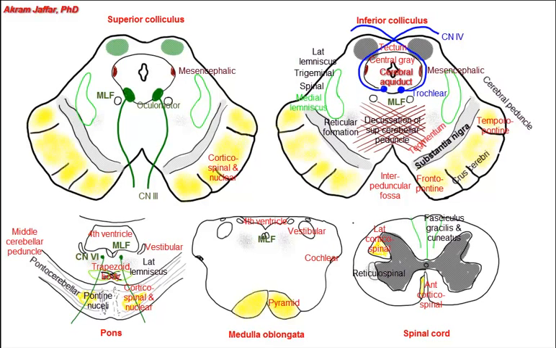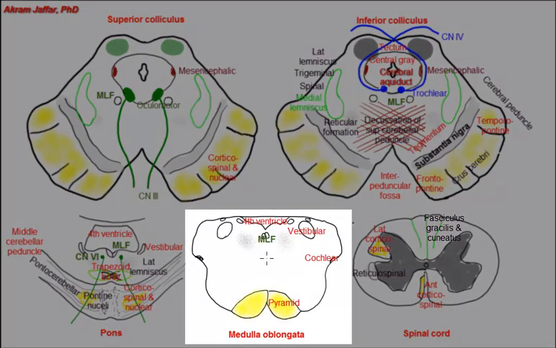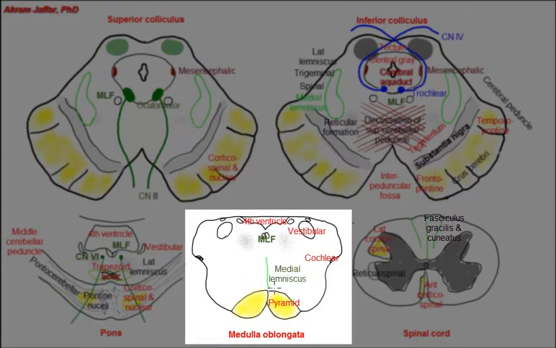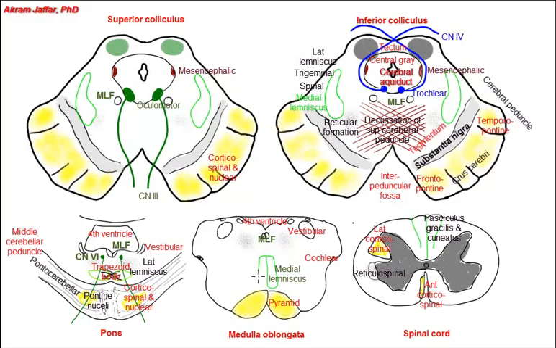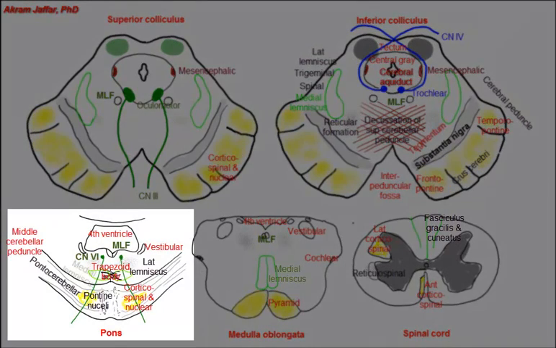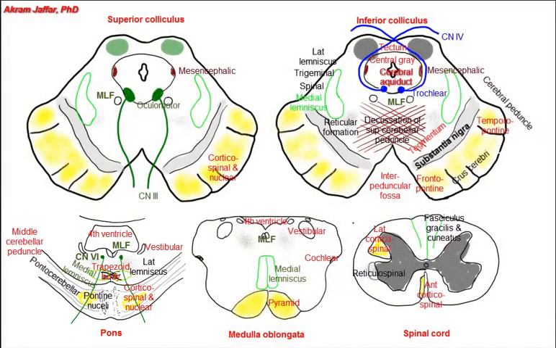The fibers will relay in the cuneate and gracile nuclei in the lower part of the medulla, and then fibers of second order neuron from the nucleus gracilis and the nucleus cuneatus cross the midline and ascend up as the medial lemniscus. So this is the medial lemniscus at the level of the medulla oblongata. And then the medial lemniscus rotates at the level of the pons, and we can see it here. The medial lemniscus at the pons and the midbrain is associated with fibers of the lateral lemniscus and fibers of